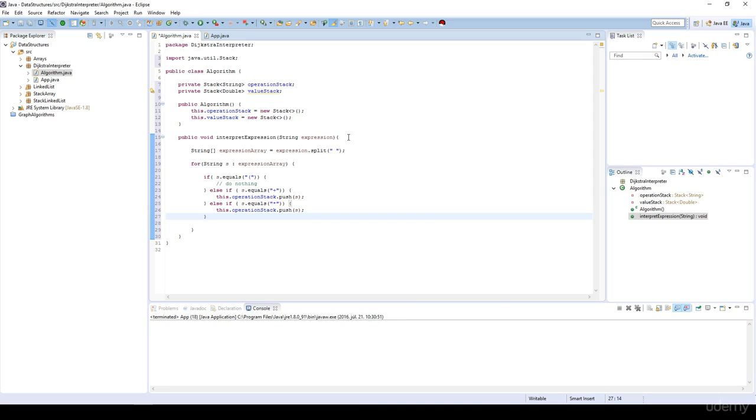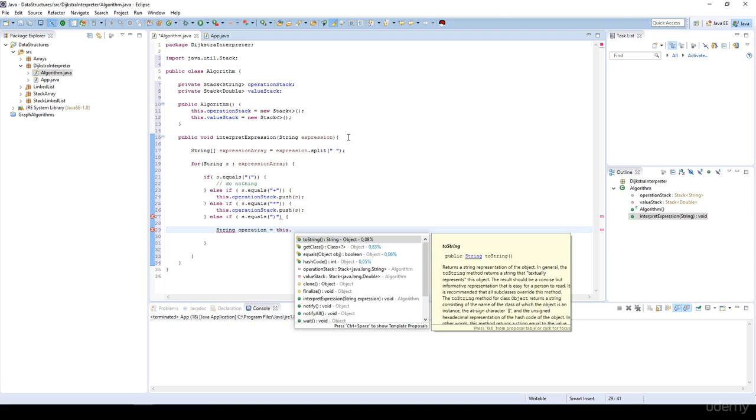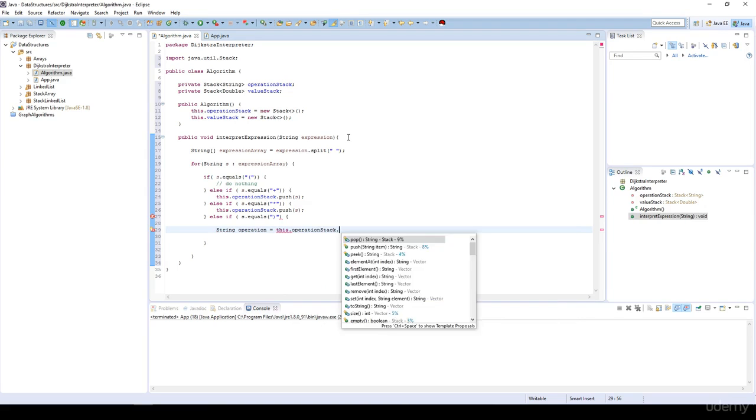Okay, then else if this s is equal to a right parenthesis, this is what we have been discussing, that in this case we are going to pop off the operation. So this.operationStack.pop,